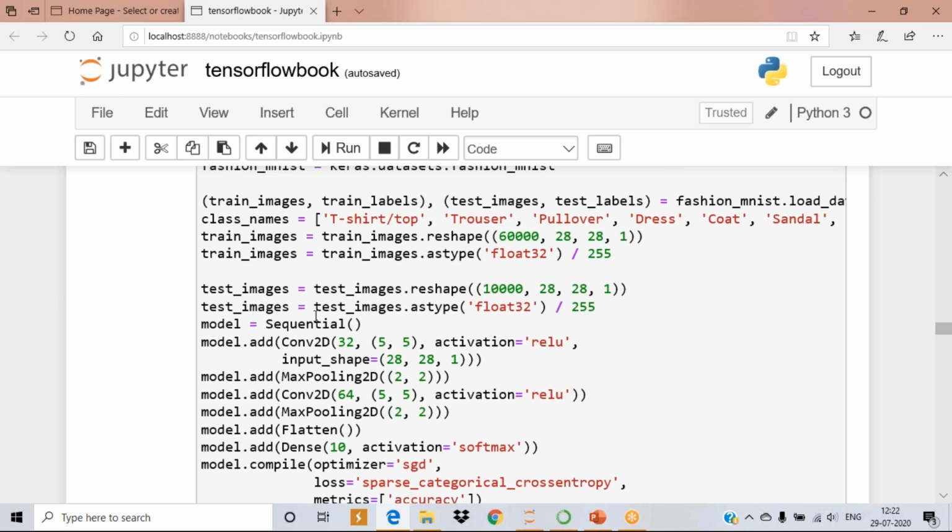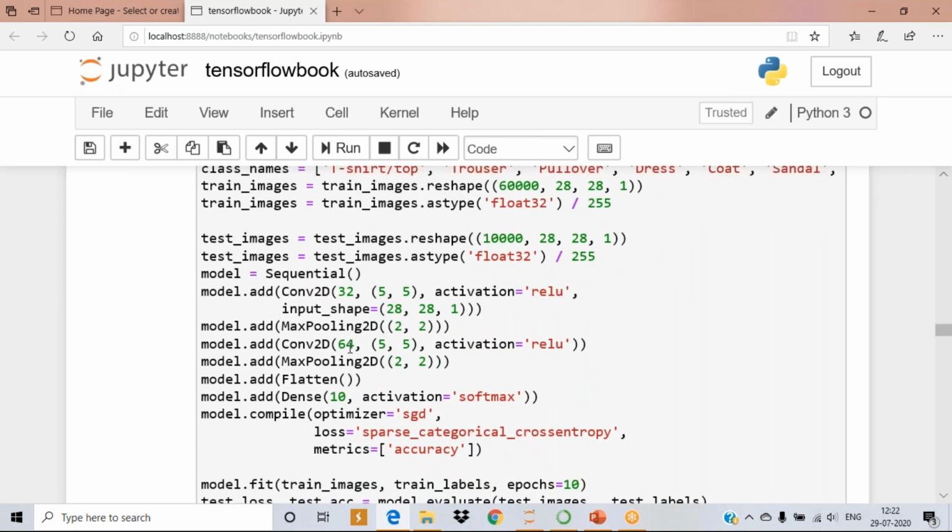Okay. So now you create a sequential model. As I told you earlier, everything you put in the Sequential class. And how many hidden layers? 2 hidden layers. First, you come to the first hidden layer. In the hidden layer, you have a convolution operation and a max pooling operation. For the convolution operation, how many filters are you using? 32 filters.